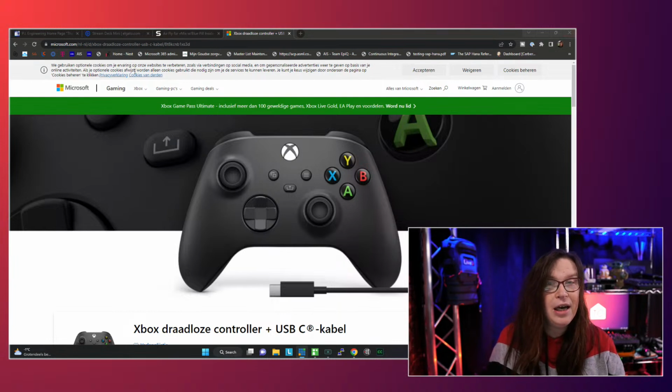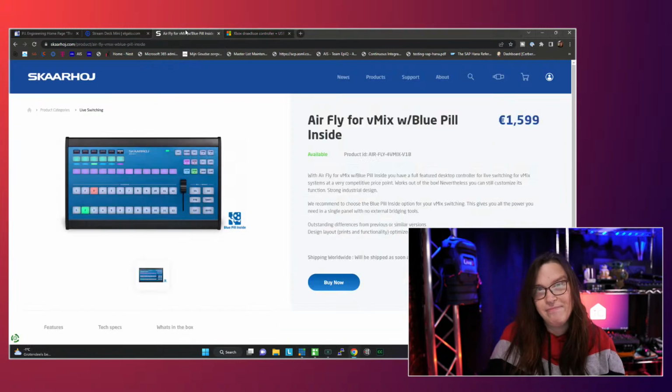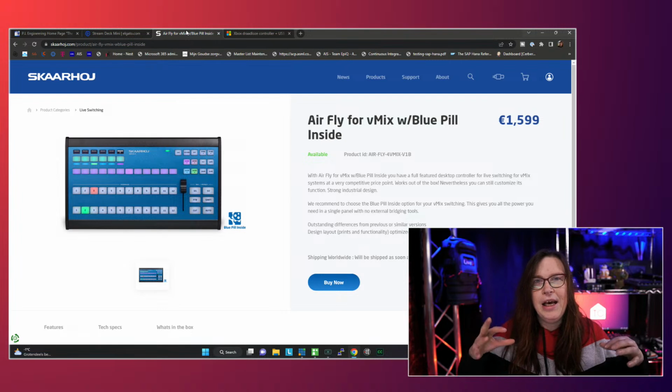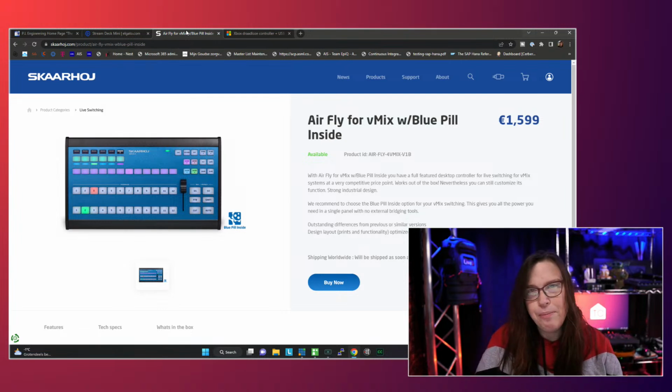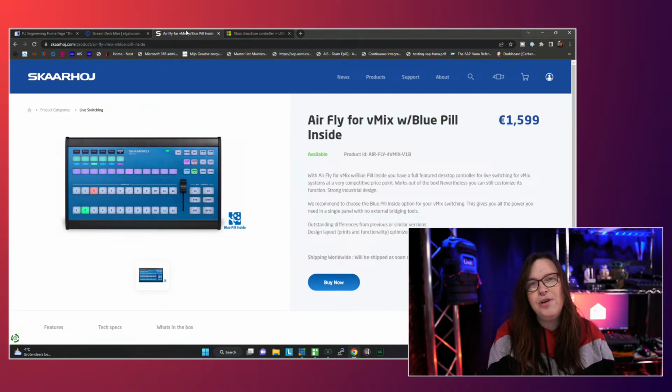Another one, which I'm a personal favorite of, but honestly not for everybody, is SCARHOI devices. SCARHOI devices have a really good quality of a product. It's very powerful. It comes with a computer built in. They call it a blue pill, and that is basically a full controller, which allows you to not only set up vMix, but also combine it with PTC controllers, with